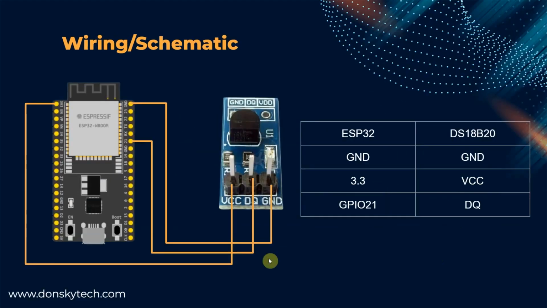For the wiring, we just need to connect the following. You can choose any GPIO pins that you want, as the one-wire protocol is supported by the ESP32 MicroPython. As you can see here, just connect the ground to the ground and the 3.3 volts to the VCC of our DS18B20 sensor. I'm actually using the module type of the DS18B20 sensor. So aside from the transistor package, it also contains several components attached to it.